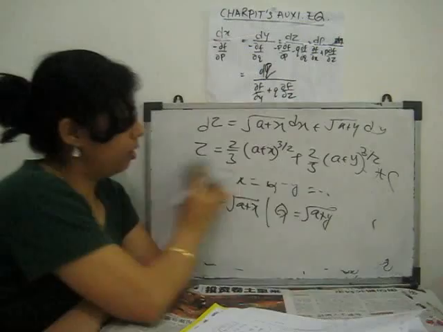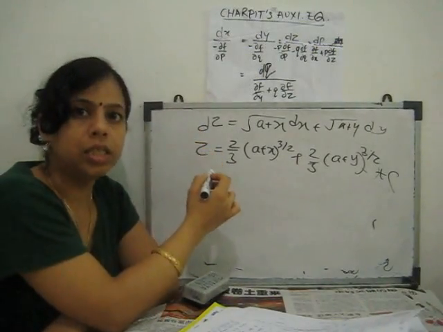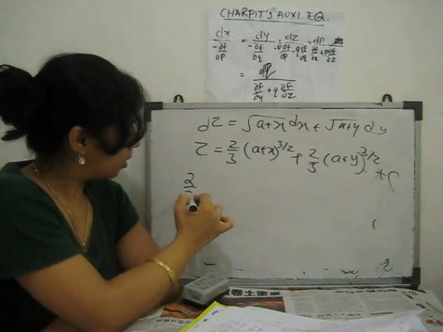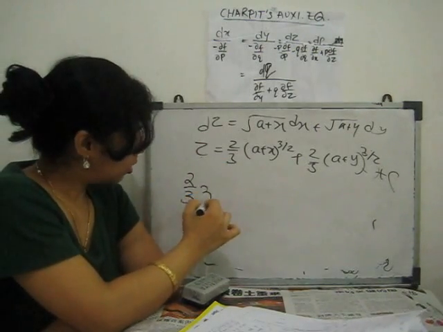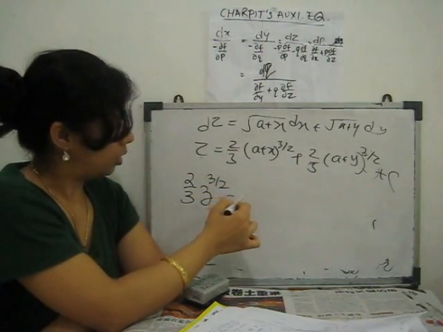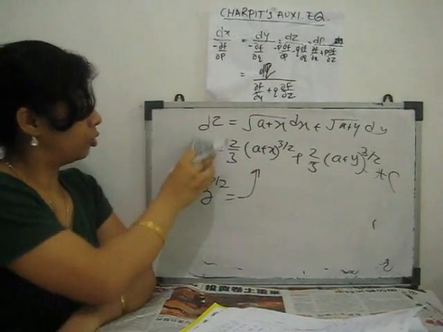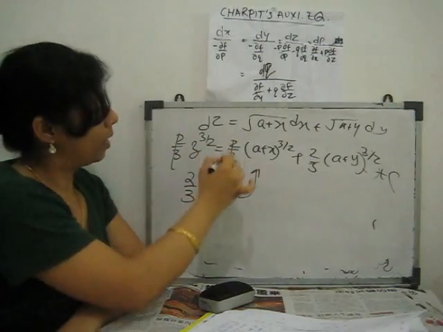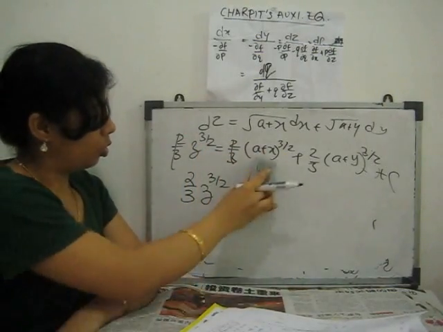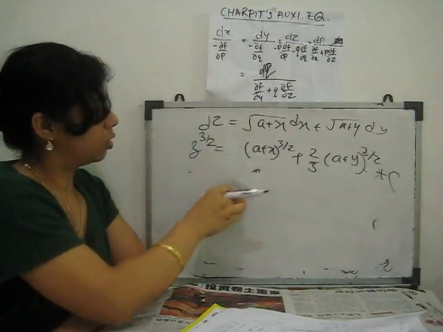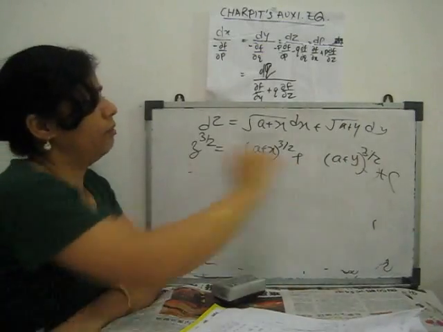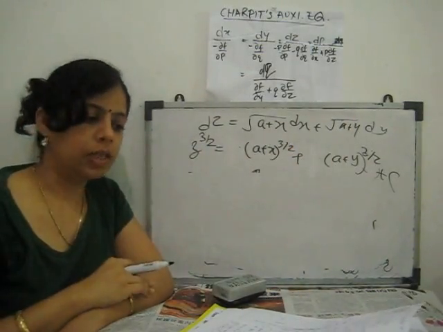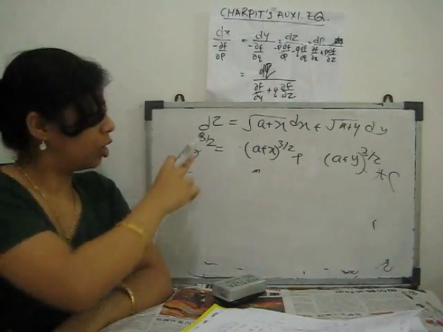Now at the end we have to substitute this Z. What do we substitute? Z is 2 by 3 of small z to the power 3 by 2. So we substitute here 2 by 3 of small z to the power 3 by 2. 2 by 3, 2 by 3 cancel out. So we can remove this 2 by 3 here. So our required solution is this. The constant here is merged with the c also. So the required solution is this.